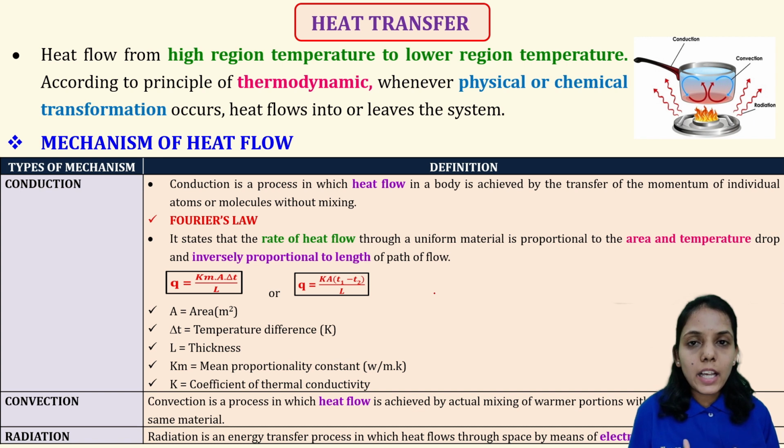So basically heat transfer can be within the same fluid, it can be from liquid to gas, or it can be from the source to the vessel or to the container. So depending upon what is involved, there are different mechanisms including conduction, convection, and radiation. So let's see what is heat transfer. Heat flows from a region of high temperature to a region of lower temperature. Wherever heat is high, from there it will transfer to a region of lower temperature.